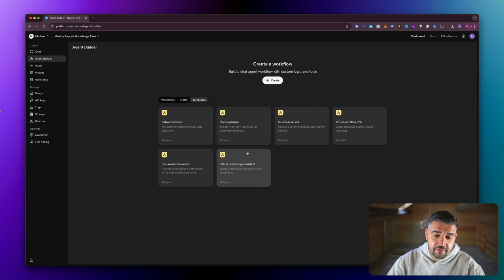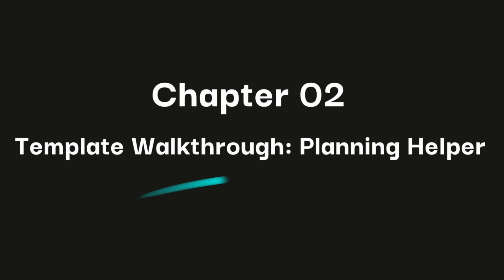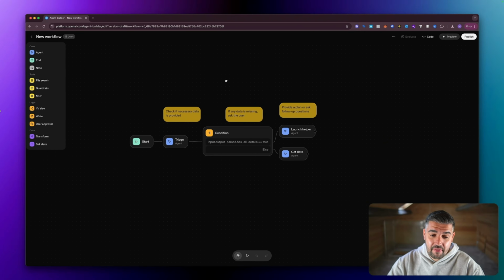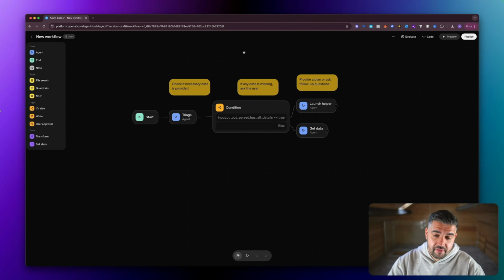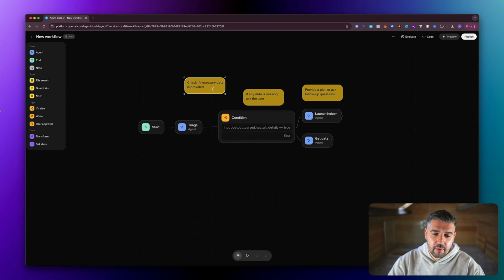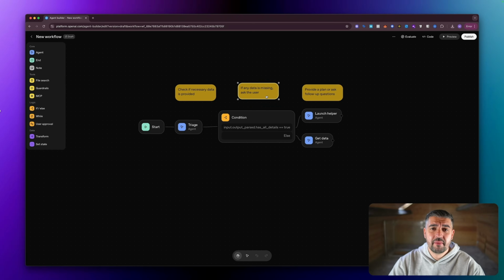So if we take the planning helper section, you can see this is exactly what the canvas will look like for you, whether you're in dark mode or light mode. Now, if you're familiar with N8N, these are just notes, explaining what is actually happening. I strongly advise that whenever you create any automation, you have notes alongside it for future reference, but they're not necessary. You could literally just delete them all.